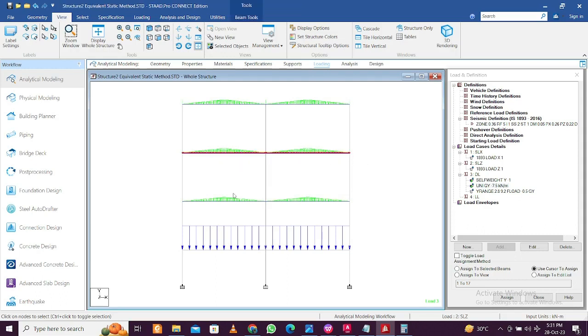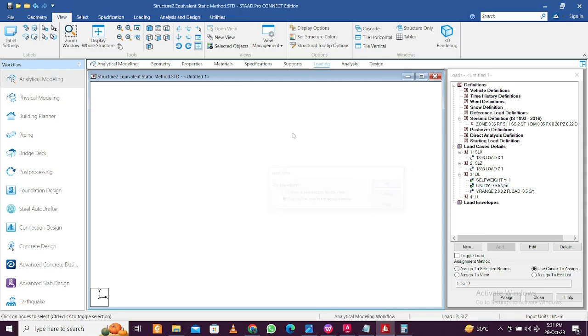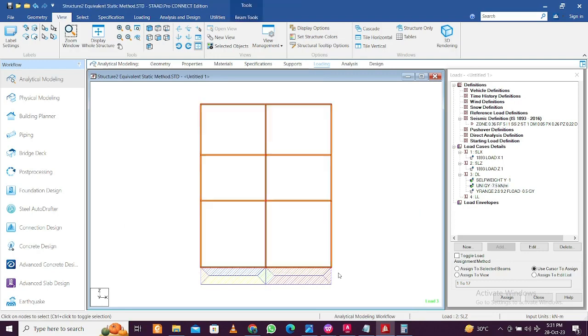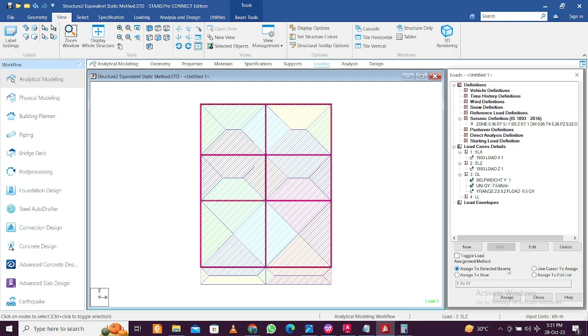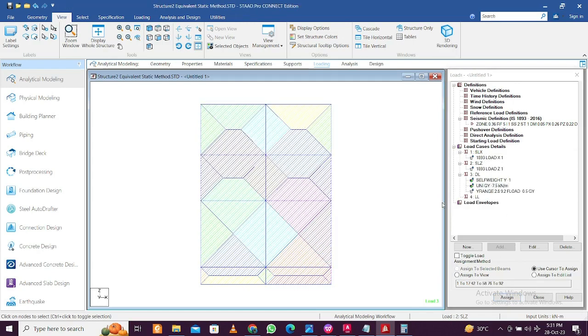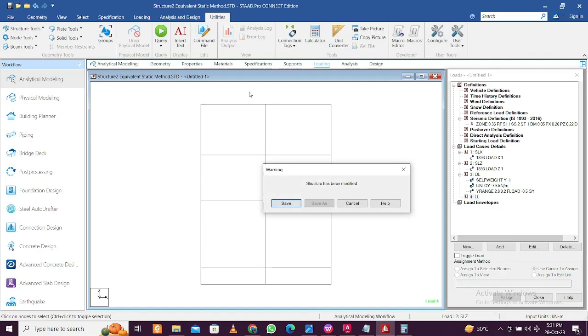Okay, so first selection, second selection, and then right click and click on new view, and then click on OK. We selected this, and then we can apply it on all the portions except the balcony. As you can see in the plan earlier, only the balcony portions have the walls. So that's it, this is done, and then we go and apply the live load in the STAAD editor,